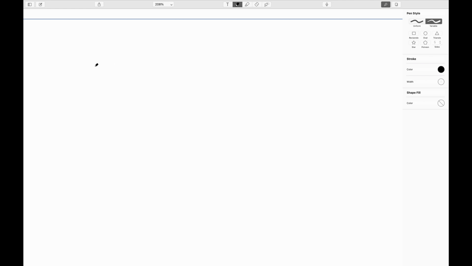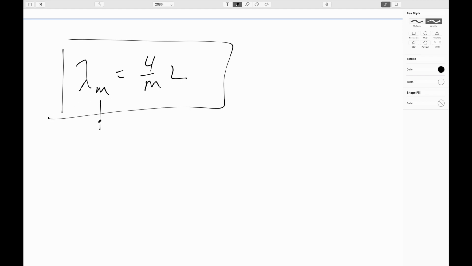This is the way pretty much every book written since about 2000 will express this. And I'll give you another way if you don't like this one. So I'll write it like this. But then what they expect you to know is that here, these numbers are going to run 1, 2, 3, etc. This will be the number of the harmonic. And then this will run 1, 3, 5, and so forth. These will be the odd